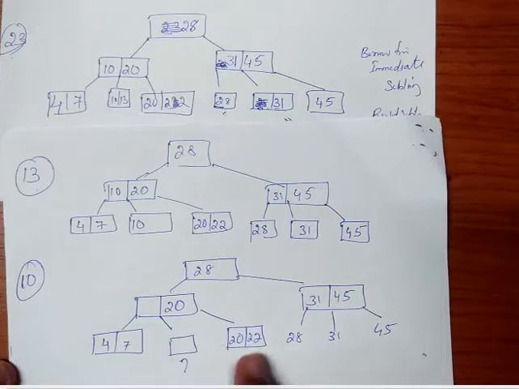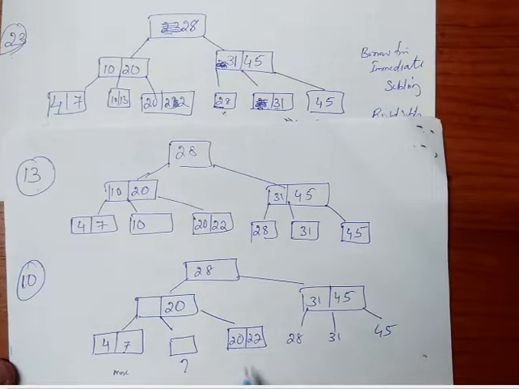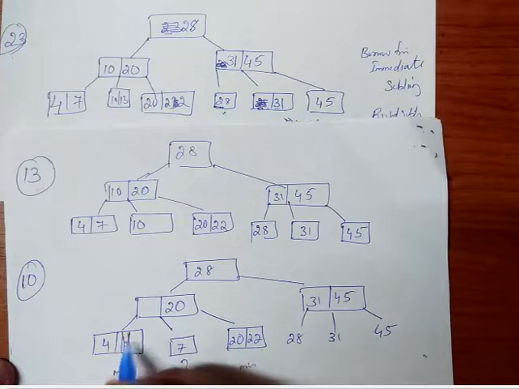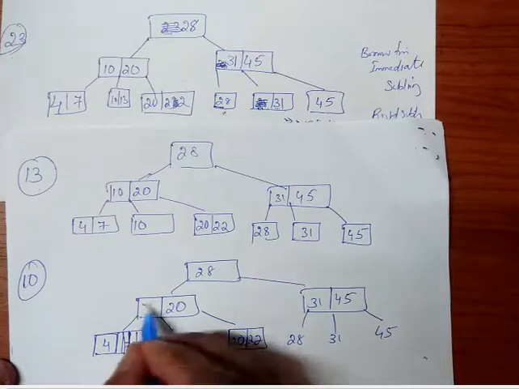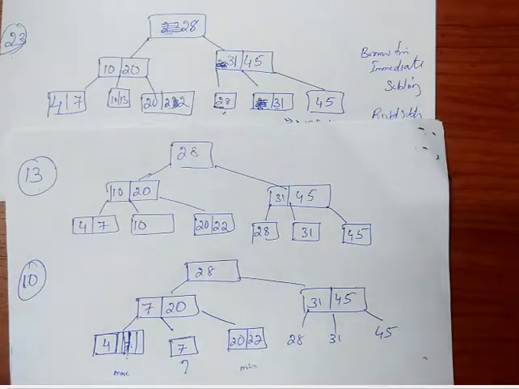So we can either borrow from the left or from the right node. The maximum value should be taken from the left sibling, or the minimum value should be taken from the right sibling. Currently I am going to take the maximum value from the left subtree and place that value in that position. And also we know that if we remove the value from the internal node, we have to place the minimum value from the right subtree, so 7 also will come in that position.